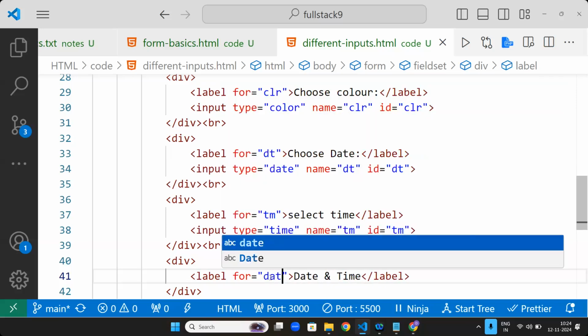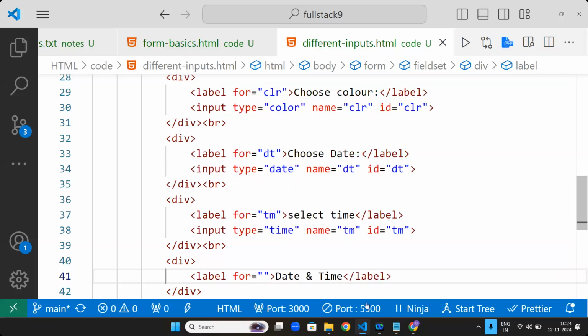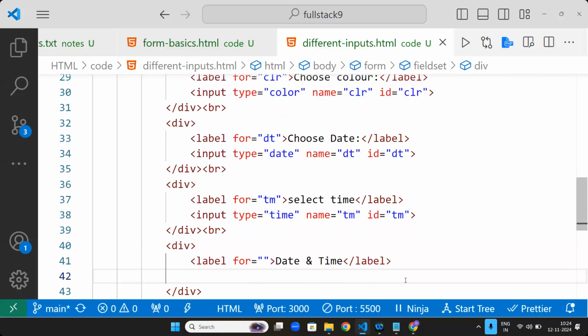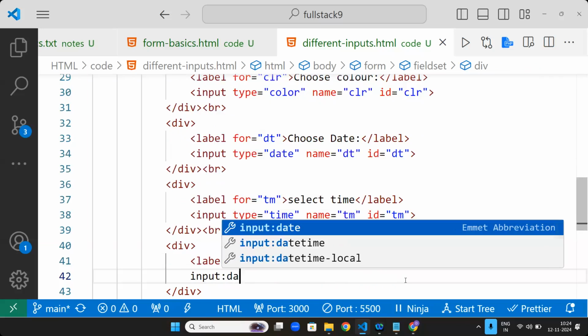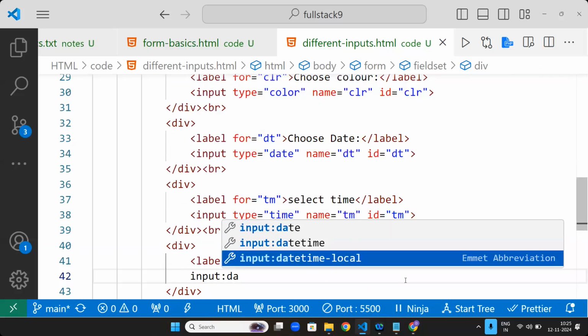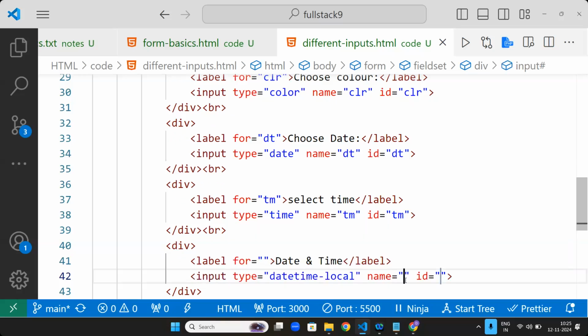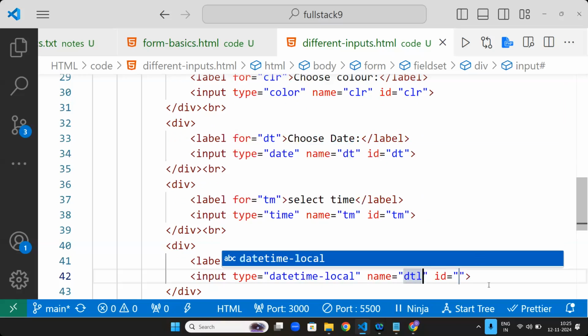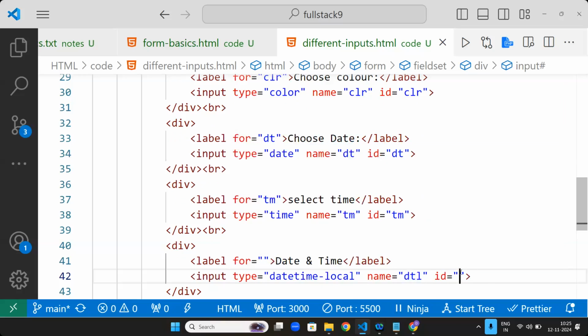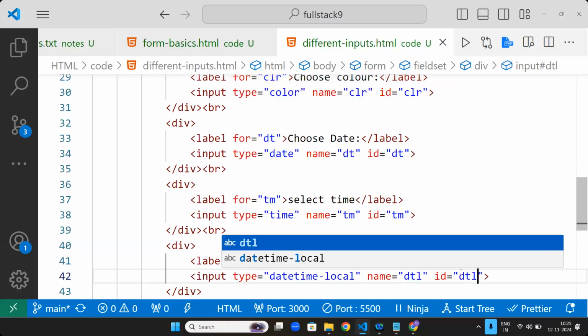Write it here, not this, input, date time local. Give it date time local, sir. Date time is not working, so date time local will give you a comprehensive answer. DTL.